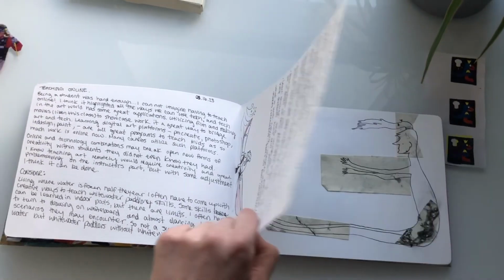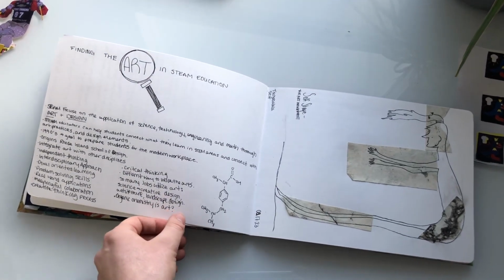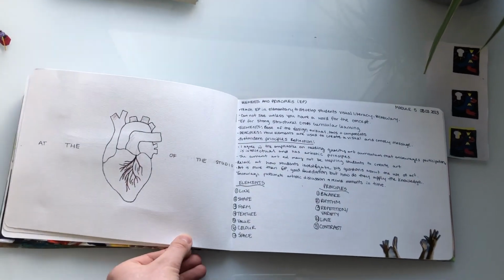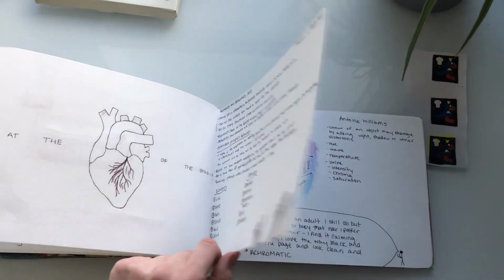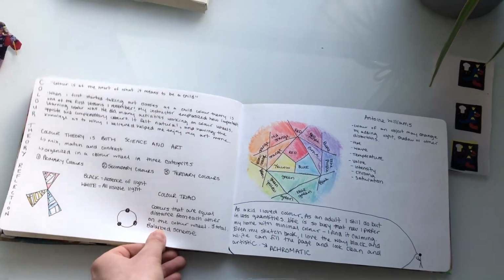I enjoyed looking through module 4 and all the extra resources that were linked and the art projects that you could do with your students. And I did one myself, which is the self-shape one, and I really tried to over-exaggerate the features. Module 5 was very nostalgic for me because as a kid I took art lessons and I wrote